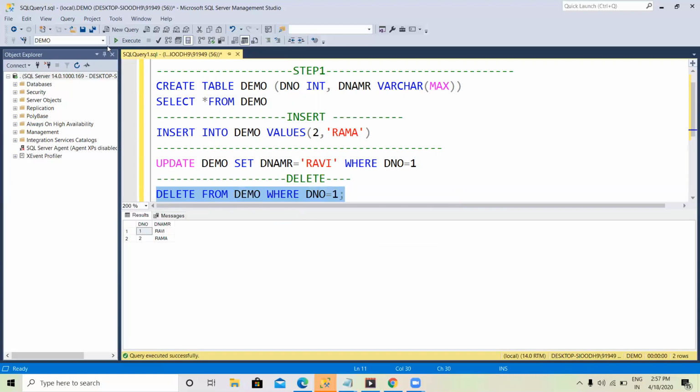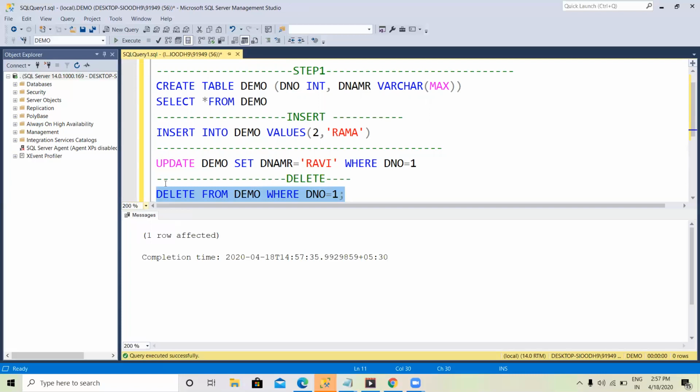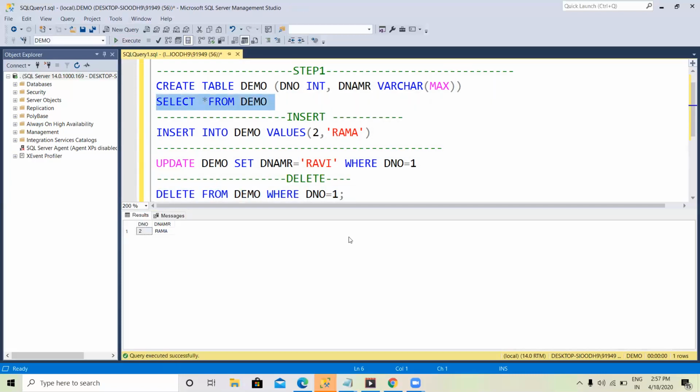Here go and select and execute them. Execute. One row is affected. See, one row will be deleted. Okay, I completed insert operation, delete operation, select operation, and update operation.